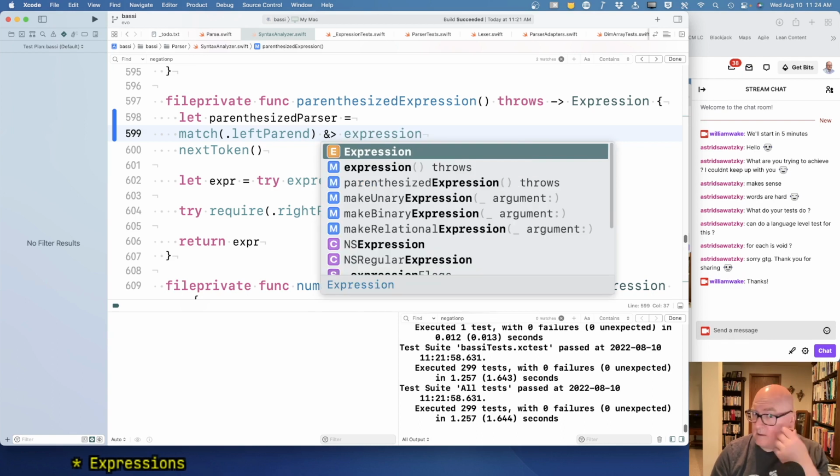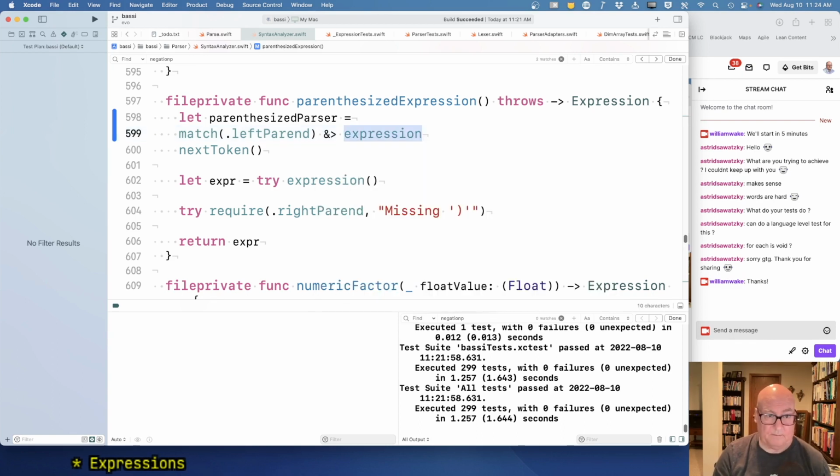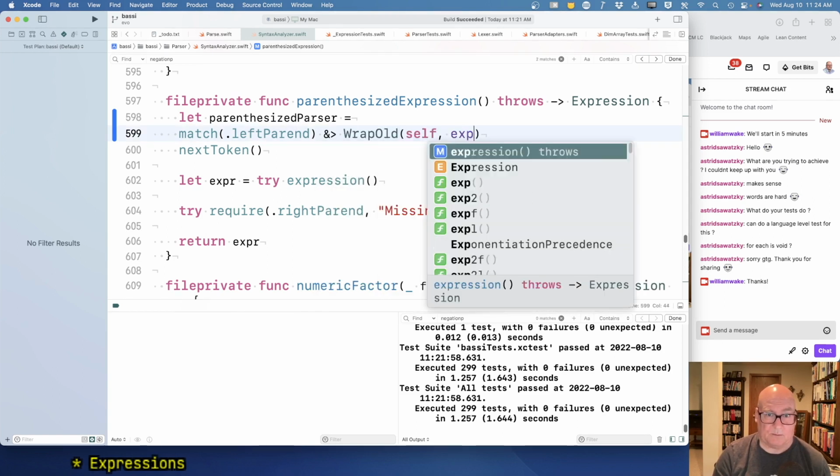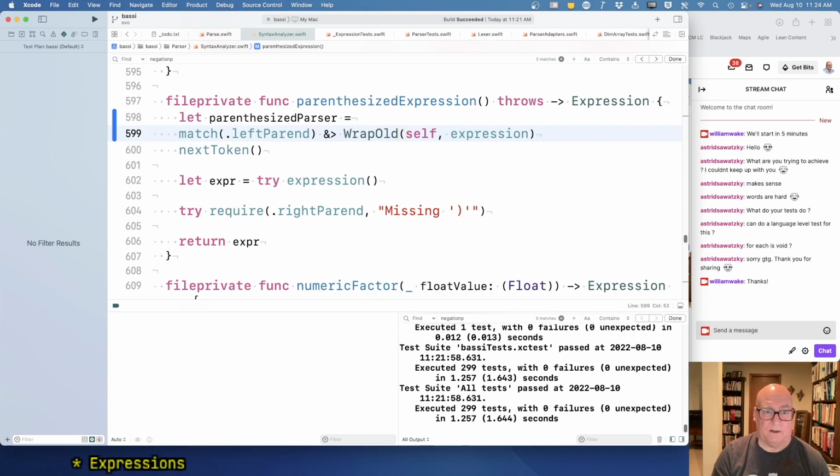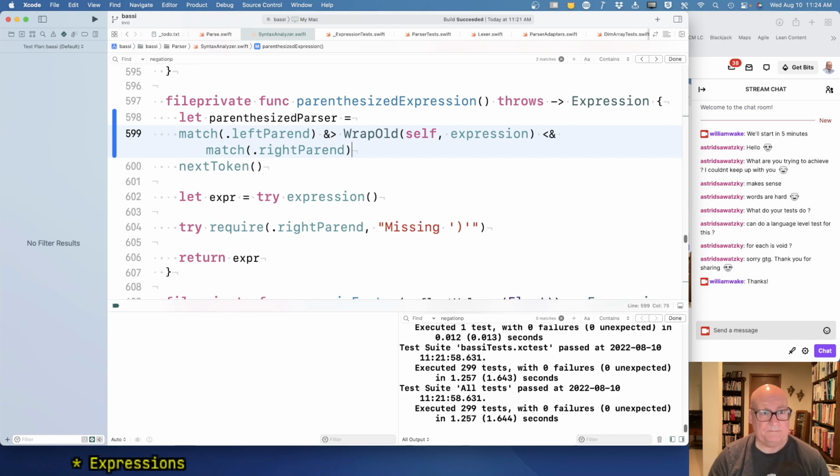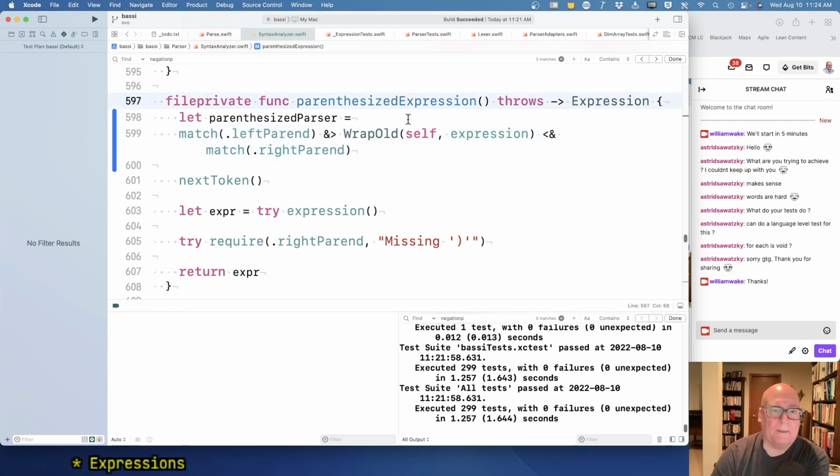Expression, wrap old expression. And then this time we want to keep the expression and we don't want to bother keeping the right paren. Okay, now expression